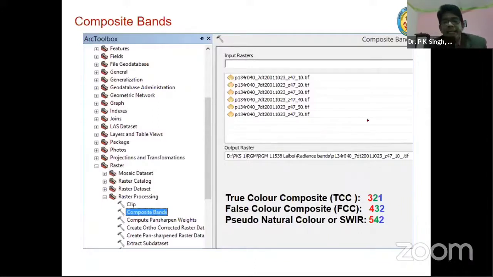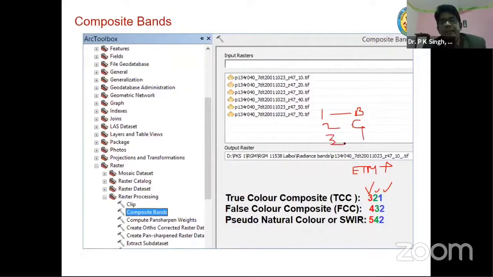See here, band 3, band 2, band 1. I am taking it as ETM data. Why I am taking ETM data, I will tell. ETM plus, okay? In ETM plus, first band is blue band. Second band is green band.